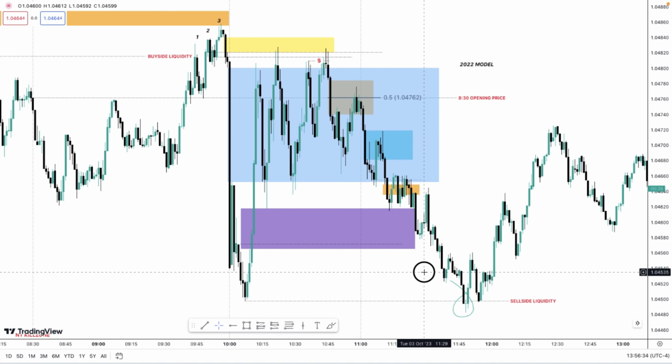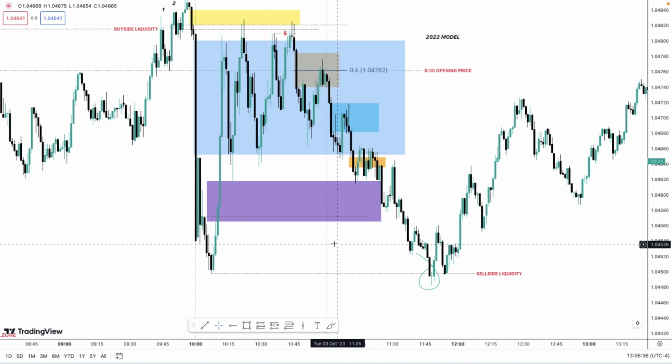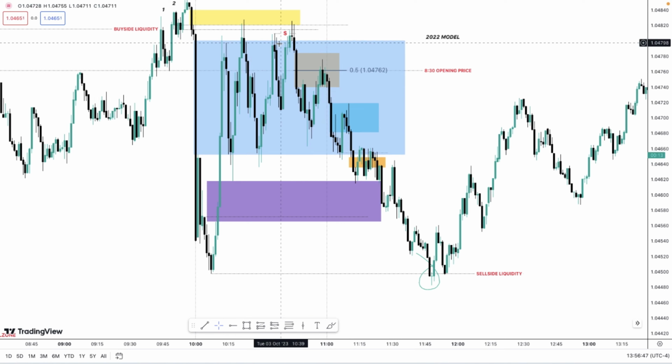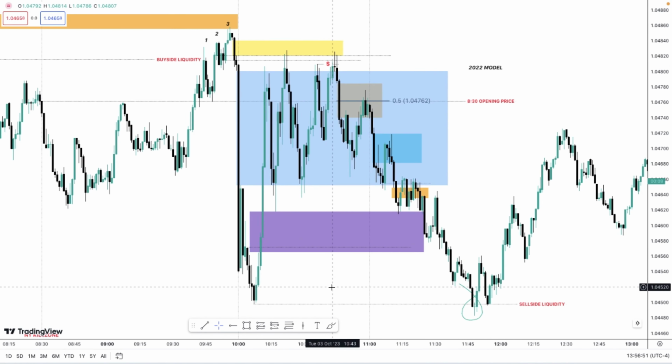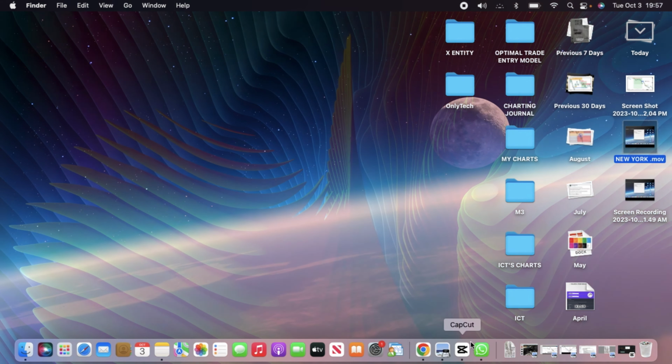So you don't want to do much trading except for holding. And if you're not in a trade, you don't want to open a new trade after 11 a.m. in forex. But if you're still holding previous trades, then that's perfectly fine. So I just want to quickly show you my